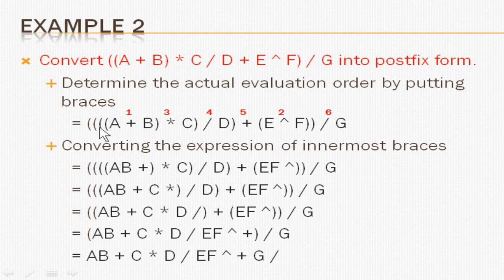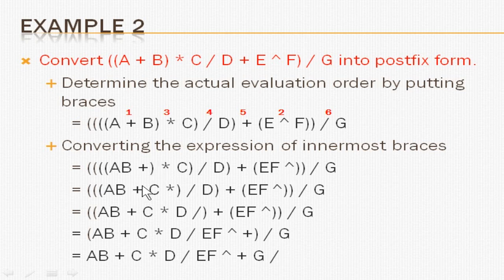Okay, now you have finished putting all the brackets. Now you are going to go one by one. You have to go inside to the inner brackets first. So this will be evaluated first. So a plus b will become a b plus. Okay, same way, this is outside the bracket, so you can evaluate it by the side itself. So this will become e f and upper caret, right? So both have been done in a single line itself.